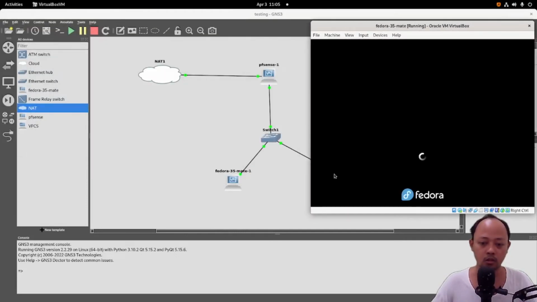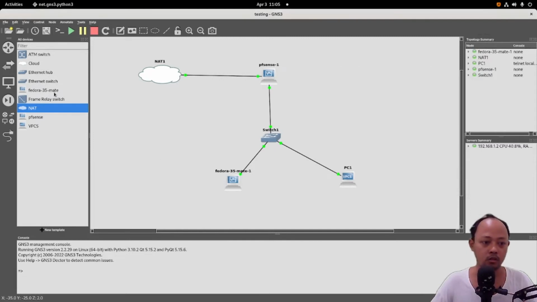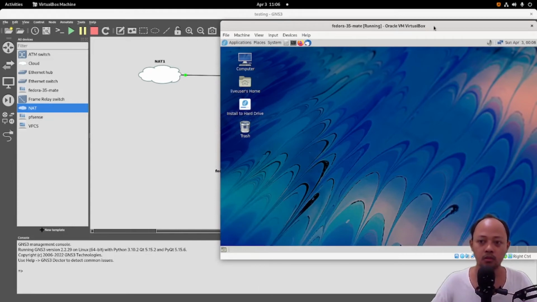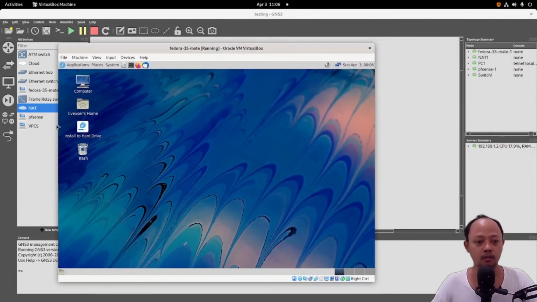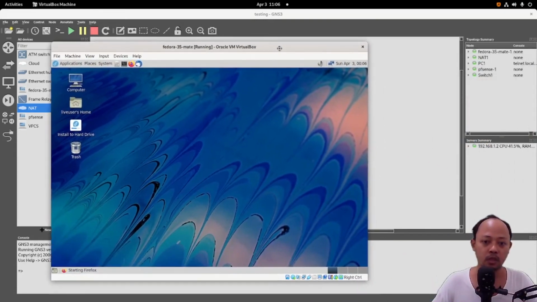So instead of using another VM, I use VPCS, because my computer will run properly when I use VPCS, because my computer has low spec. Okay everyone, this is the Fedora. We will try to access the pfSense from here.